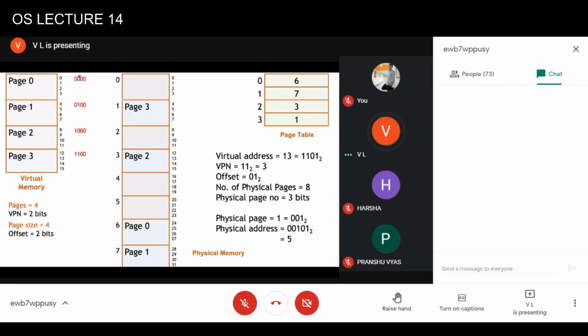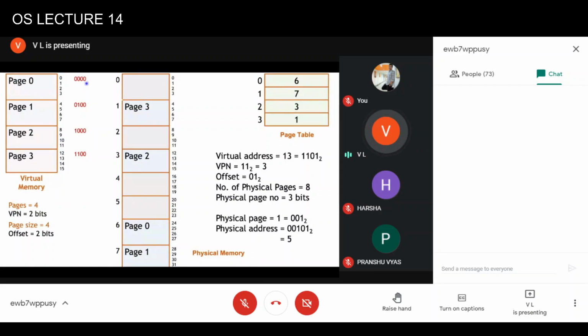Now if you look at the scenario, the number of virtual pages is 4. To identify each page, we need 2 bits. This is the virtual page number. And if you look at the size of each page, it is equal to 4 bytes, so for the offset also I need 2 bits.